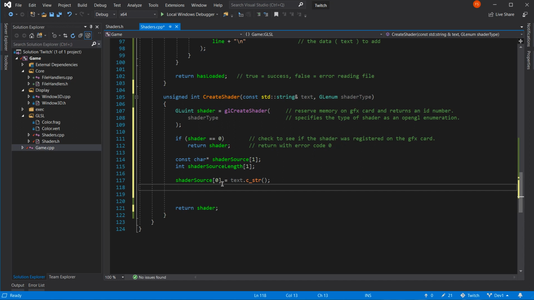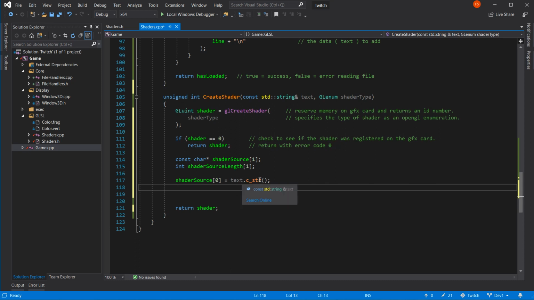So I'm having to make a copy of the data whilst transferring it into a C string. If you don't do it this way, then when you come to compile it, you'll have an empty string. You can't use compile text.c underscore string because it will wipe it out as it's trying to compile it. Does that make sense?